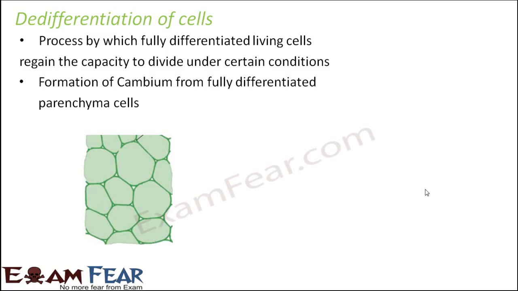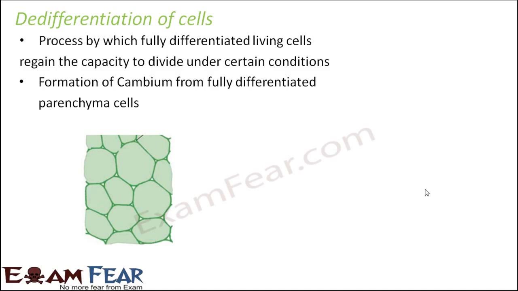They have attained their shape and structure, they have intercellular spaces, they are large cells with thin walls, and they act as storage tissue and also as packing tissue. So they are fully differentiated. Now certainly under certain conditions, these cells start dividing again and they form new cells which later form cambium, that